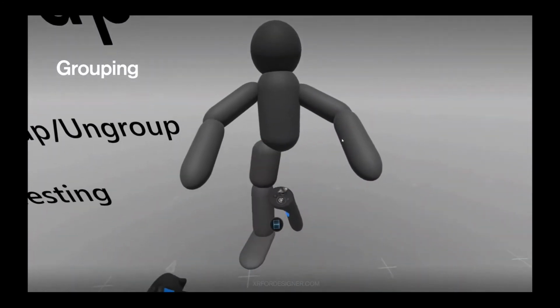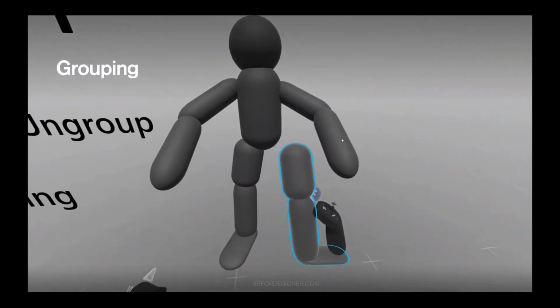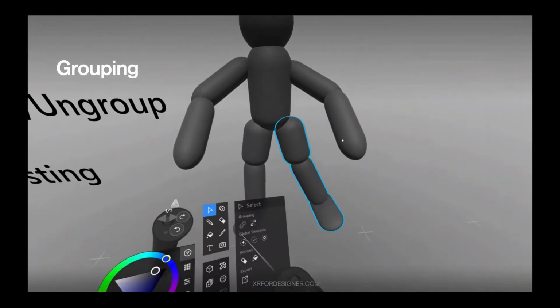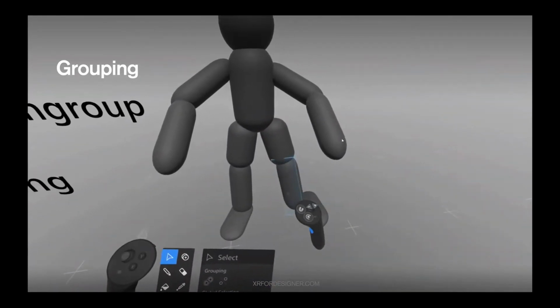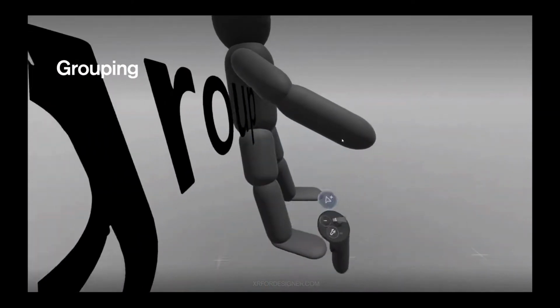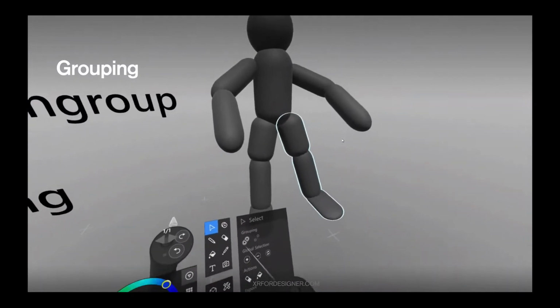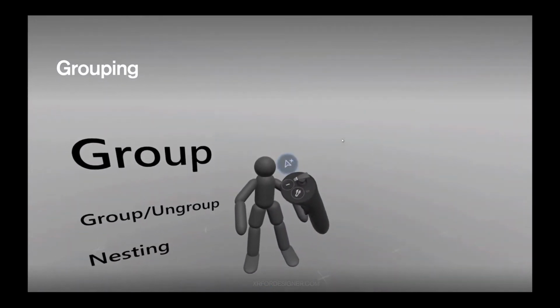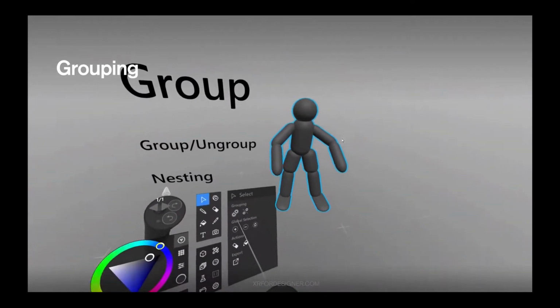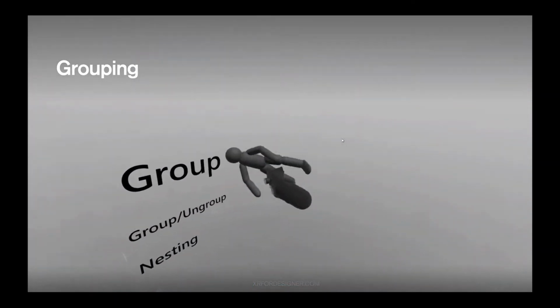So we just mirrored the arm, but the leg is kind of hard to mirror. So let's go ahead and ungroup it and reposition the joints. So I ungrouped it, reposition the lower leg. There you go. Now, if you want to move this little human, very simply by dragging the whole thing wherever